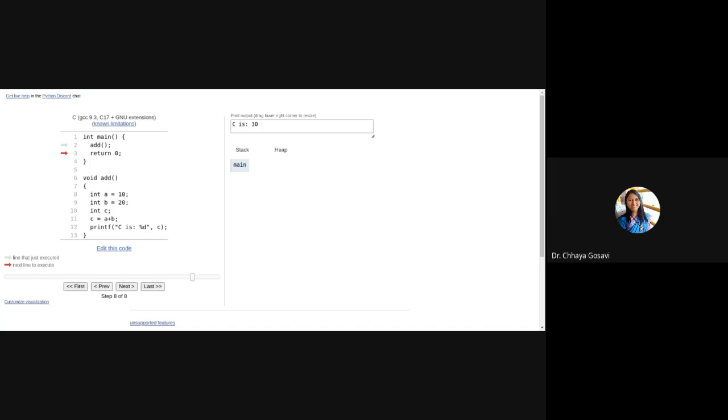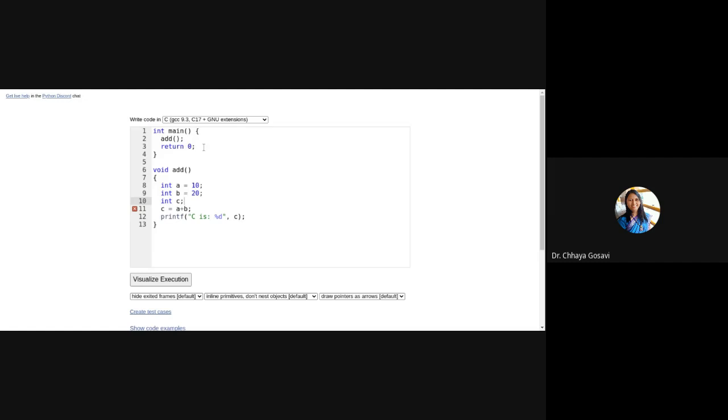It is deallocated. If you call this function again, if you print something in between or some different code here, and if you call this method again, will it allocate the same memory location for A, B, C that was allocated in the previous call?